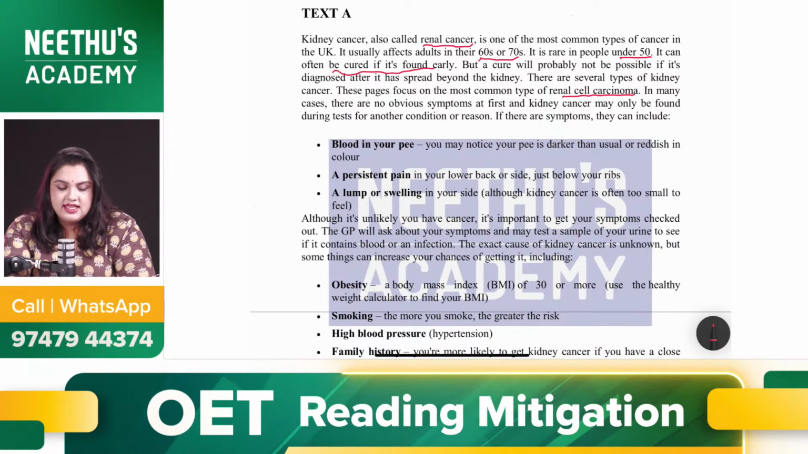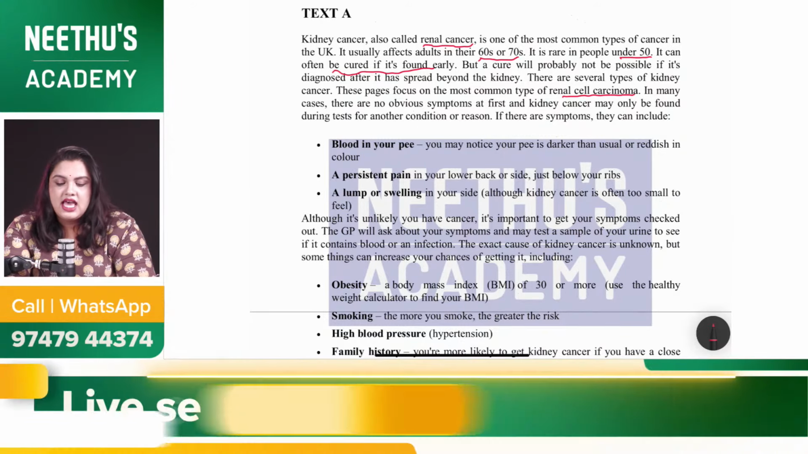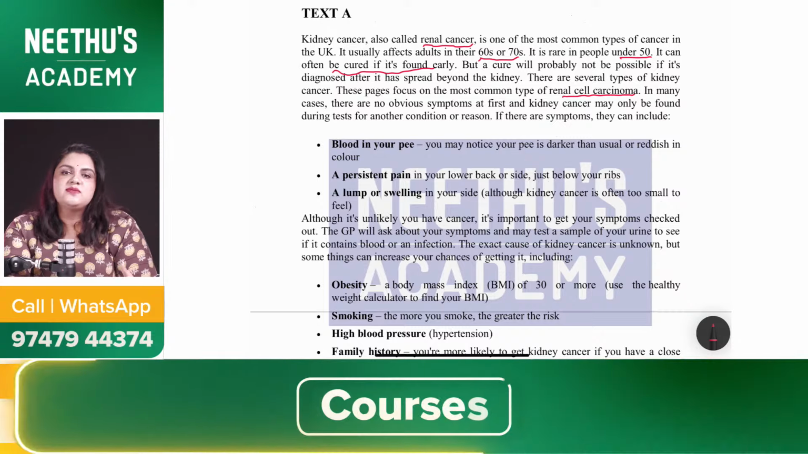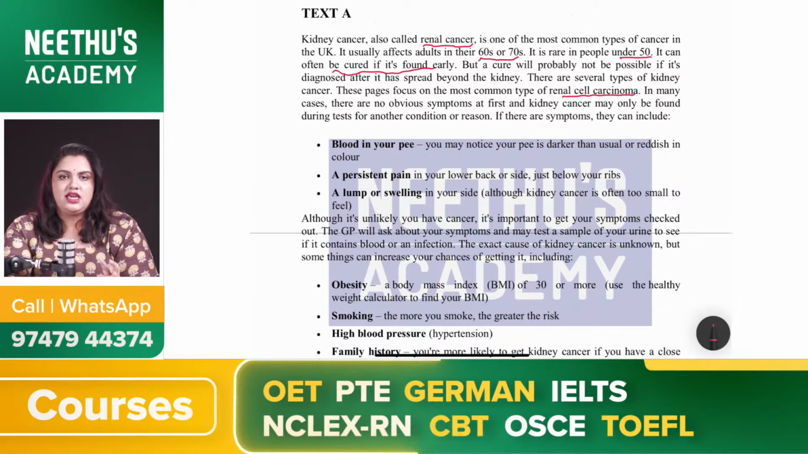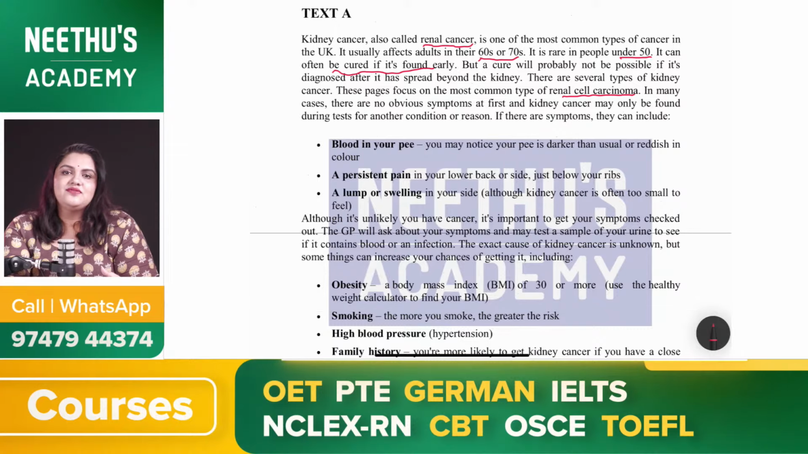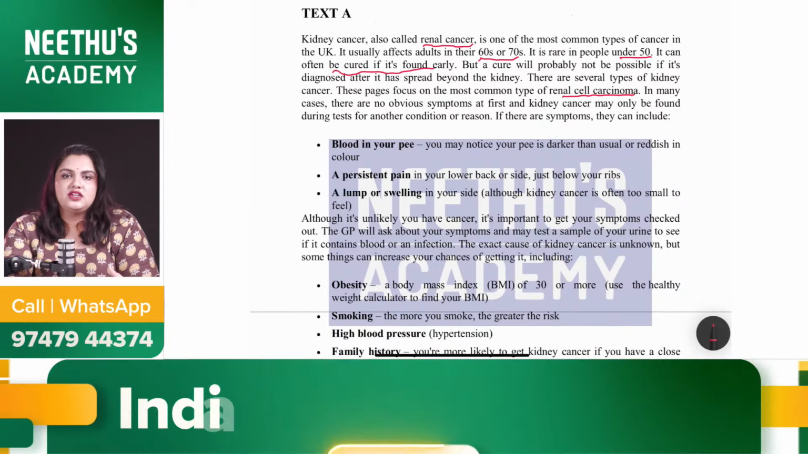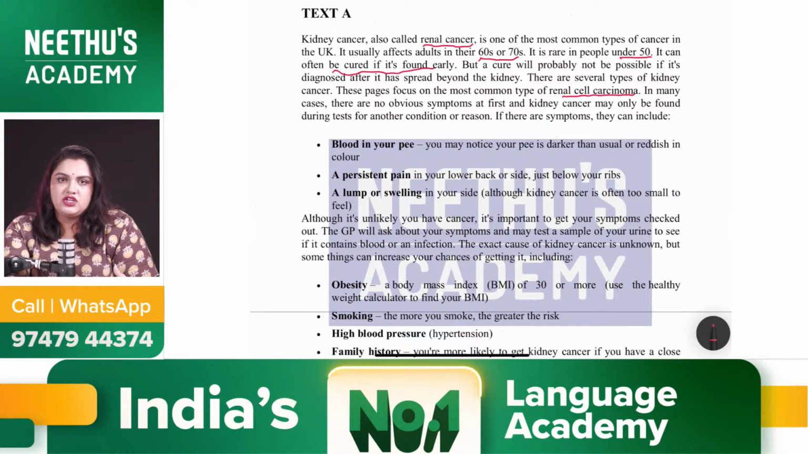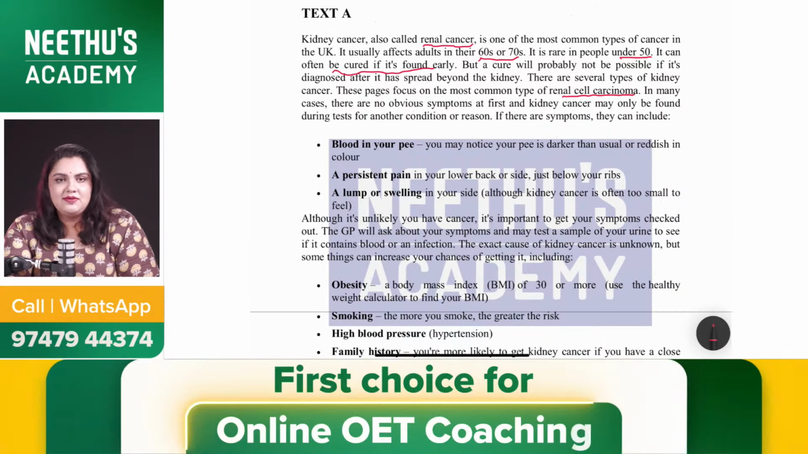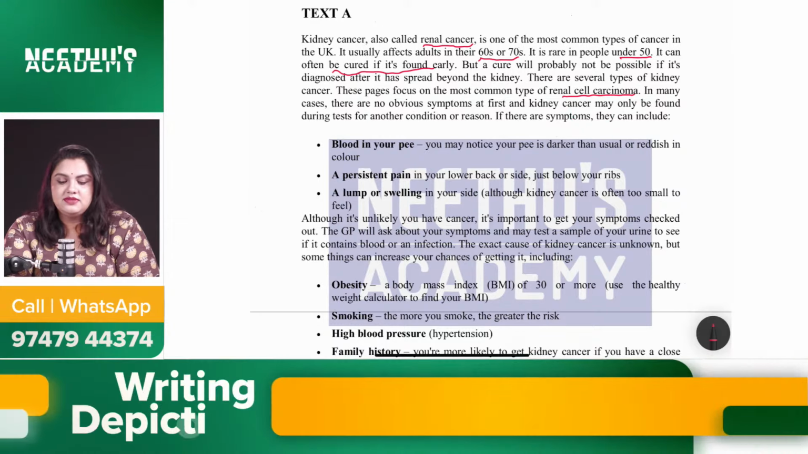In many cases there are no obvious symptoms at first, and kidney cancer may only be found during a test for another condition or reason. Generally there are no symptoms. We cannot basically see the symptoms of cancer, but when you're being tested for some other thing, or you have some discomfort and you go to the doctor and get yourself checked up, normally in such cases it is detected. So if there are symptoms, they can include: